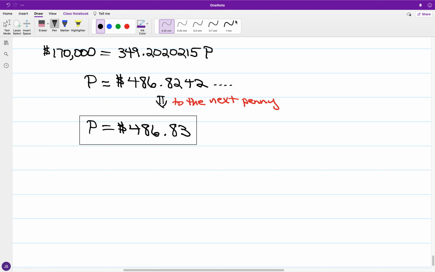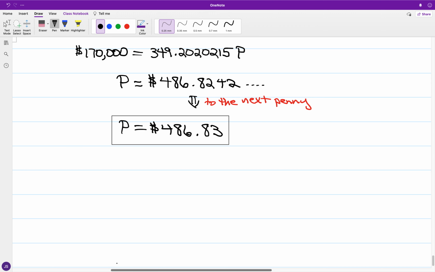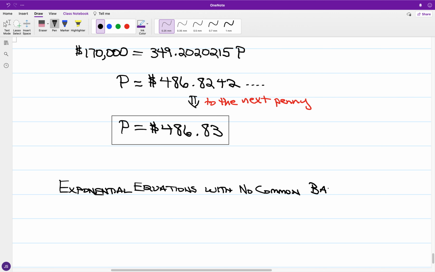Now we've dealt with exponential equations that share a common base, but let's say the equations did not. So for exponential equations that have no common base,